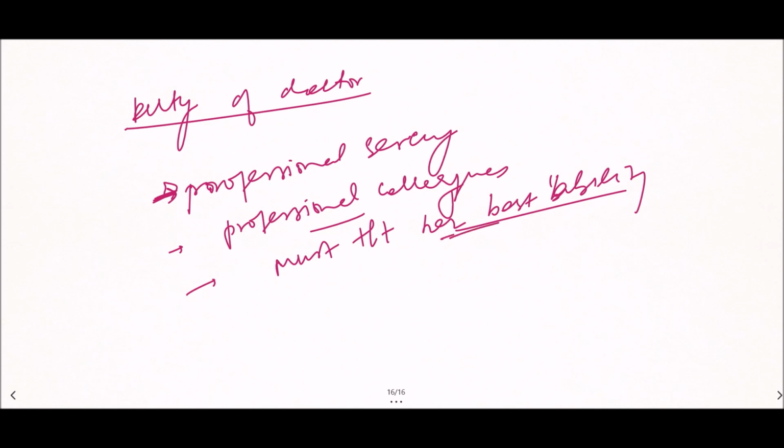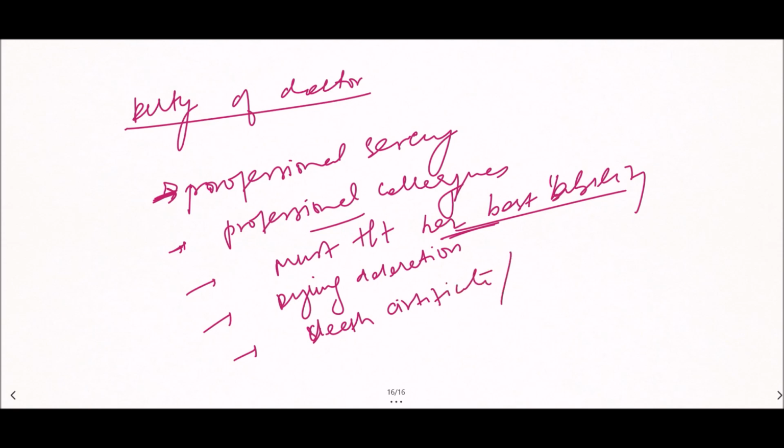The treatment should be proper and to the best of his ability. If the condition is serious, there has to be proper arrangement for a dying declaration, and if the woman dies, the doctor should not issue a death certificate, but should inform the police